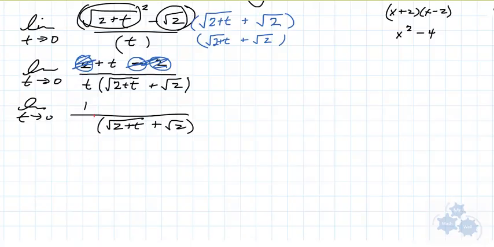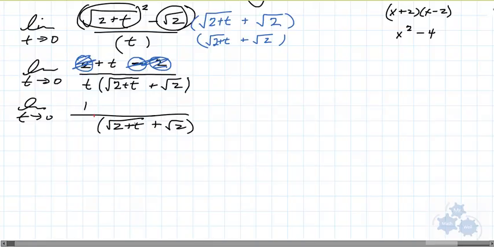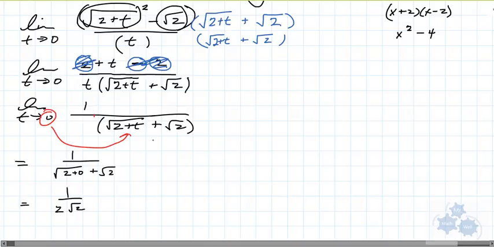Okay? Now, you might be saying to yourself, well, what good does that do us? Because now I have a root in the denominator. But look, this is not root 2 minus root 2 anymore. This is root 2 plus root 2. So if you just insert 0 into t here, you don't have 0 anymore. You see that? So this is 1 over the square root of 2 plus 0 plus the square root of 2, which you're right, 1 over 2 root 2. So if I see a shortcut, I just skip 2 steps and just go around every